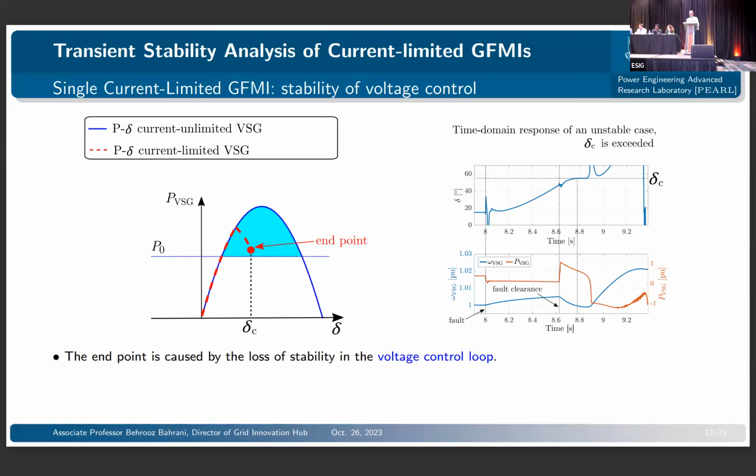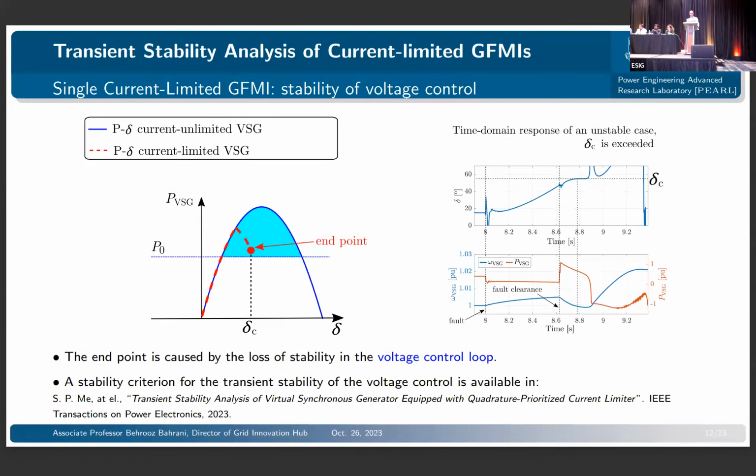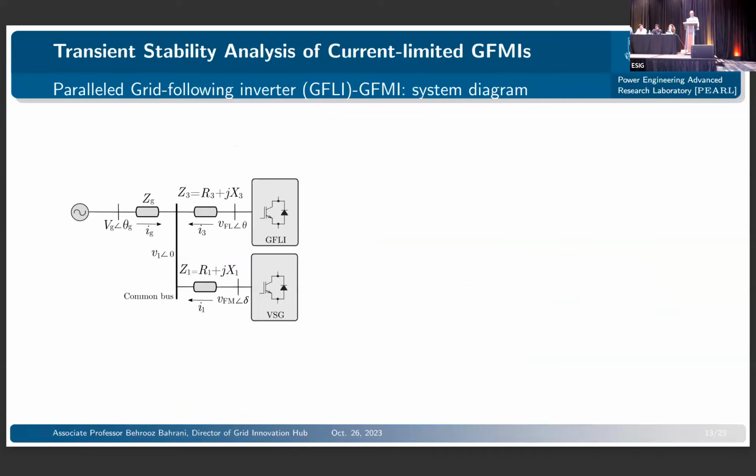What I'm showing here is a time domain test where we have become unstable, again, not because we are passing that UEP, or because the primary loop is becoming unstable, but because the voltage loop is becoming unstable and it's reaching this endpoint. More information about this particular point is in the paper that I've put here. It's a letter available on the IEEE website. If you're interested to know exactly where this point is happening, you can go through it. There is a very nice criteria that we've developed for that, and it will tell you when this delta C or this endpoint might happen.